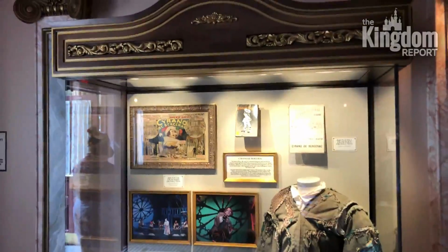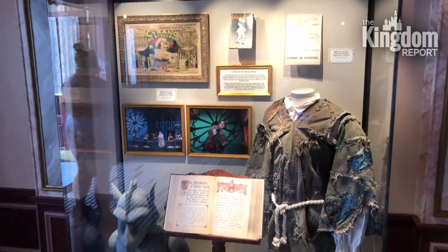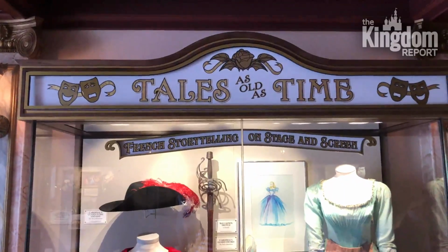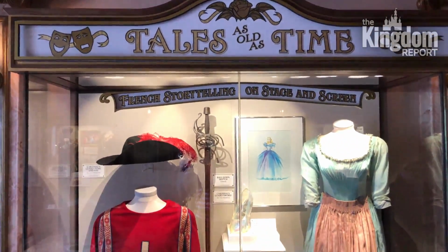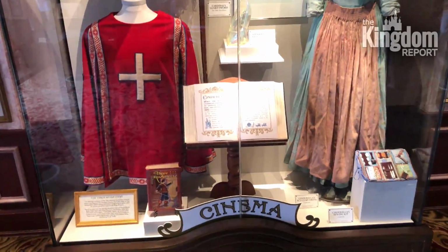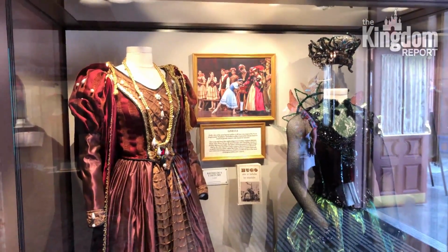Once you go inside the Palais du Cinema, you're going to see some lovely display boxes, and they are showcasing different French performing arts such as operas, musicals, plays, and so on. Some of them are ones that everyone's known, which is like The Phantom of the Opera or Les Miserables, or Les Mis for short. There are some other ones that you might not have guessed, such as Sleeping Beauty or